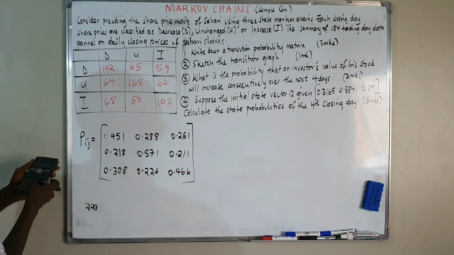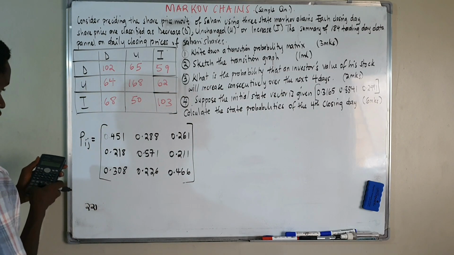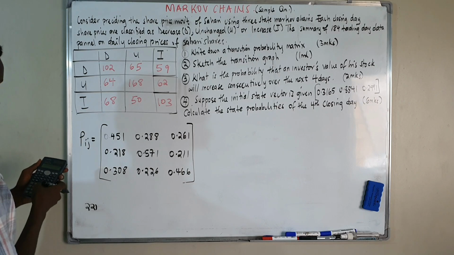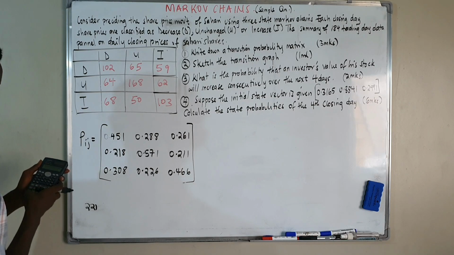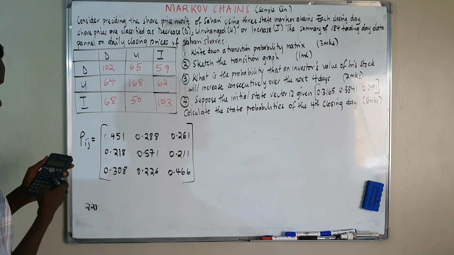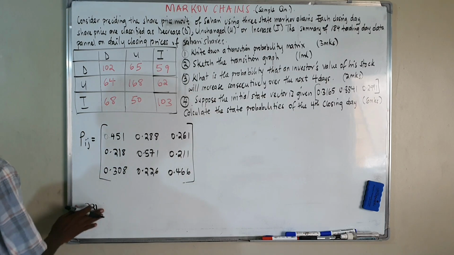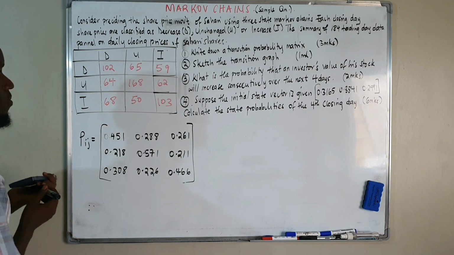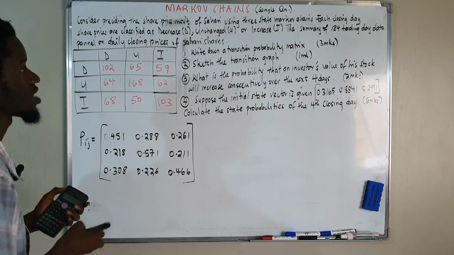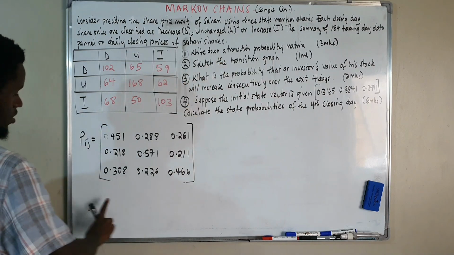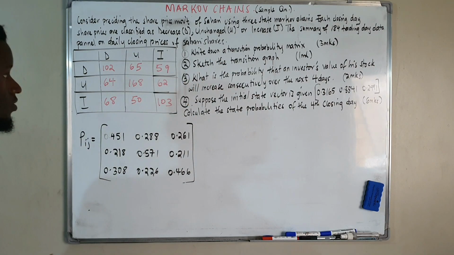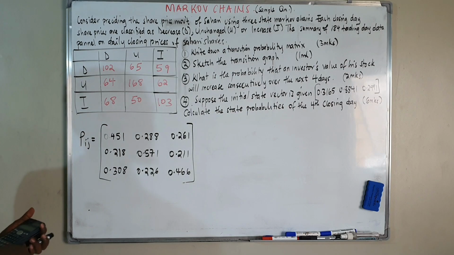Now if you try to add, I have 0.3, 0.308 plus 0.226 plus 0.466. I have a typical one, and therefore this is going to be my transitional probability matrix number 1. I get my 3 marks just by doing this. Now the other question, question 2, is telling us to sketch the transitional